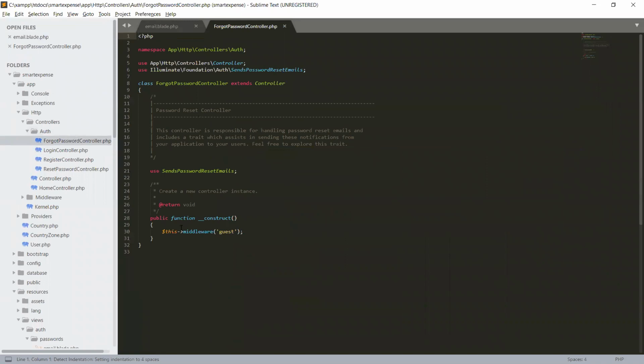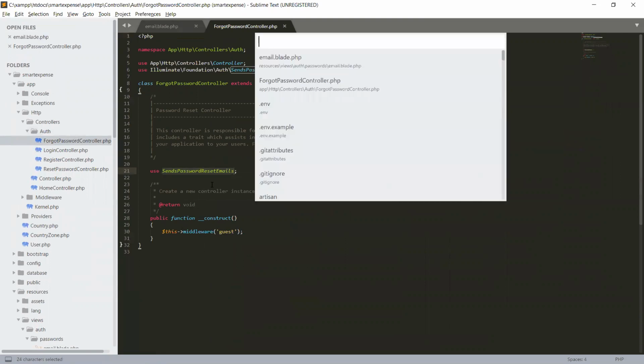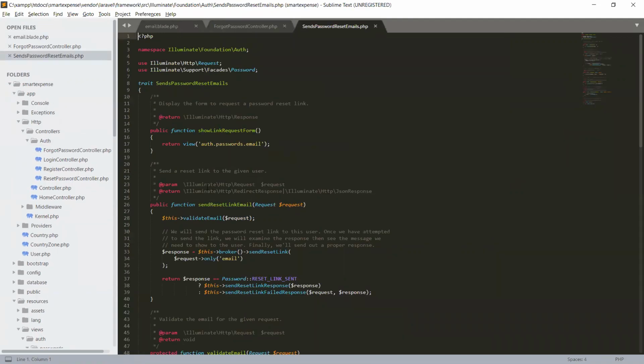This controller is using the guest middleware, because we have to show this page to guests, and it is using this SendsPasswordResetEmails trait. So copy it, Control P, and we will go deep and paste it and check.